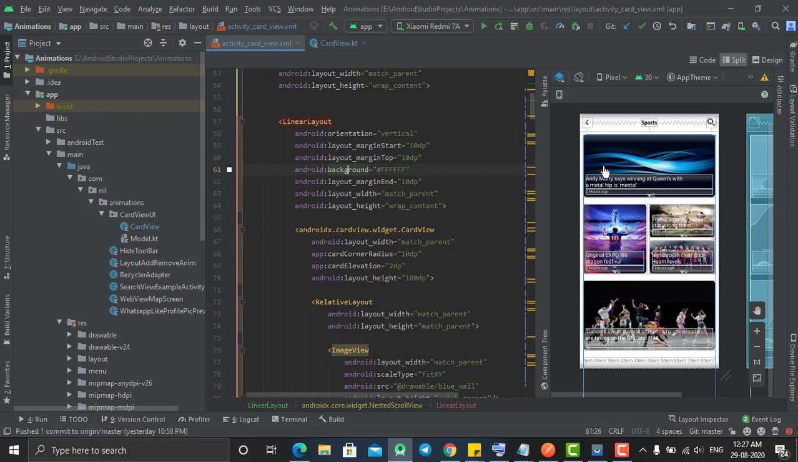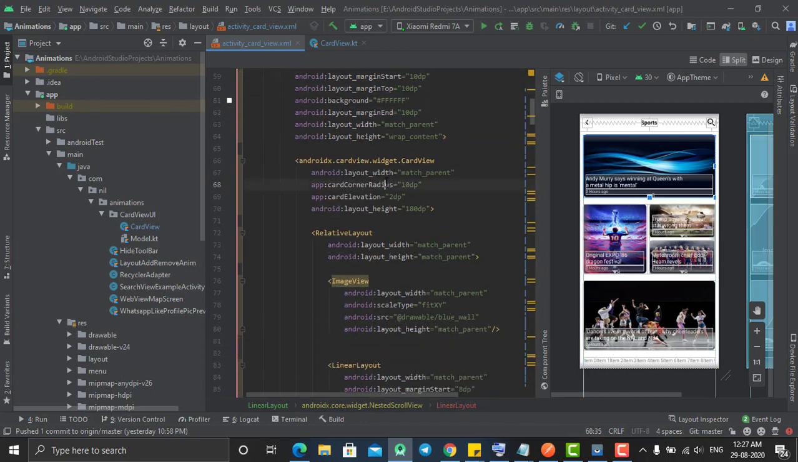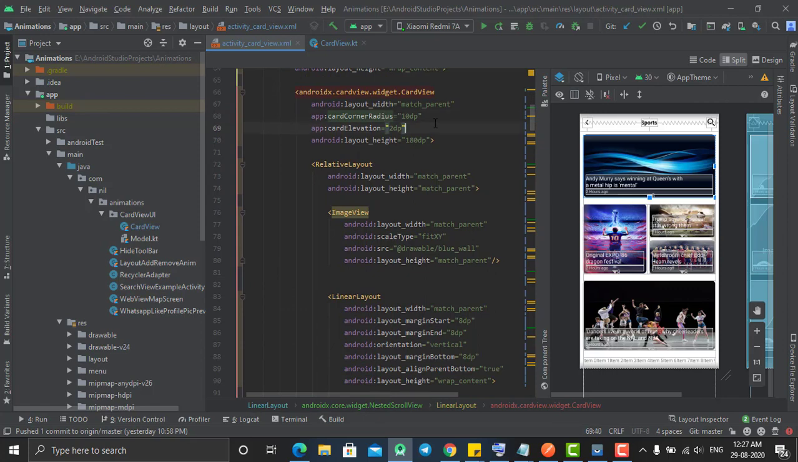Because I want every component one by one here, right? So that's the reason I'm using a linear layout as vertical, so that I can add components one by one. After that, I'm using a card view, and I have given the radius of the card view as 10 dp and